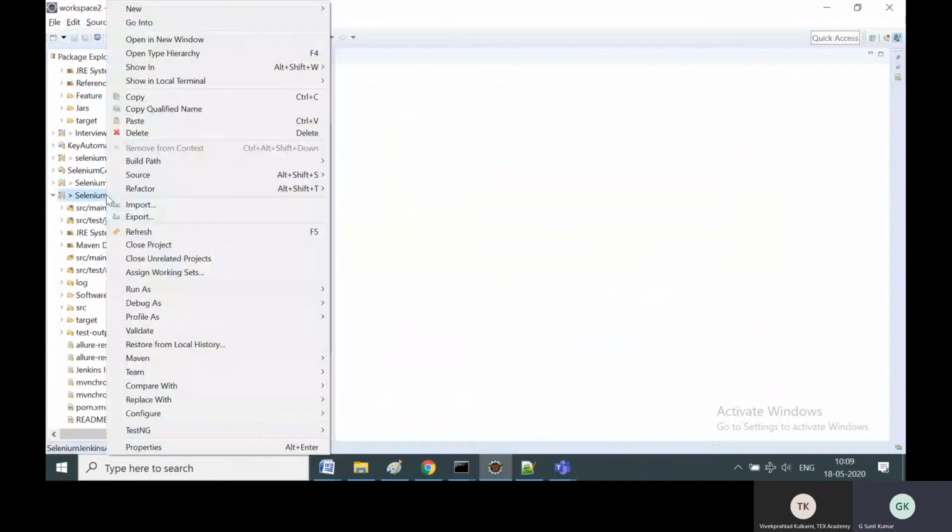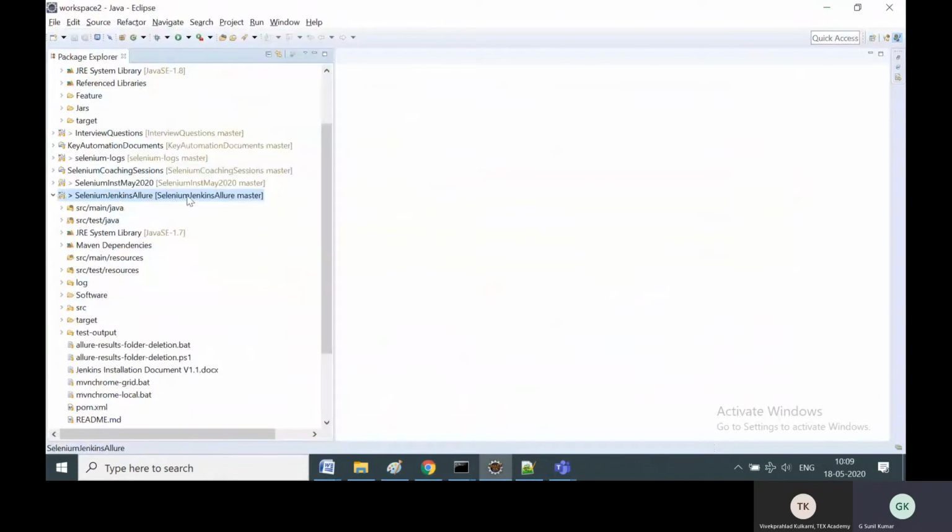So once it is available, see, once you import the project, whatever you see in this square bracket is from the repository. See, it is saying that Selenium Jenkins Allure is the repository name, and this is the master. Master is the branch name of that particular repository. So any repository has branches. So master branch, developer branch, feature branch, and so on. By default, it's a master branch.